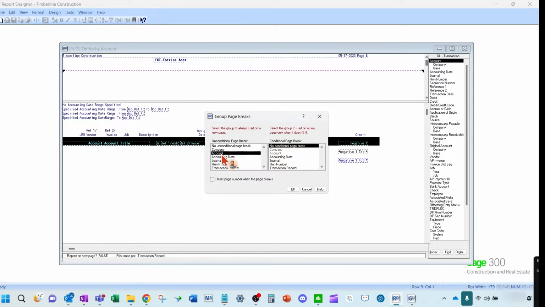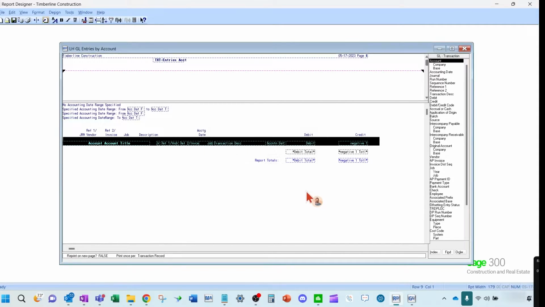Okay. Or I can say, well, I only want to start a new page if all the detail for that account doesn't fit on half of the page. So you can do conditional versus unconditional, and it gives you a good description of what it needs to be there. Okay, so you can do group page breaks, and